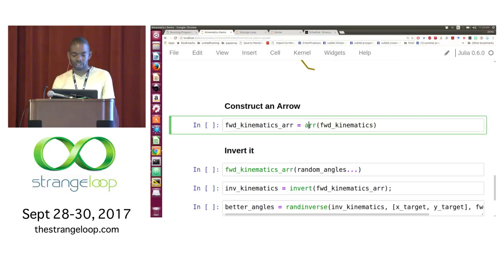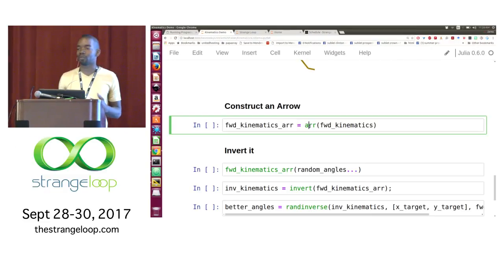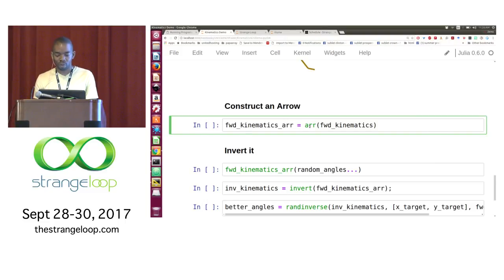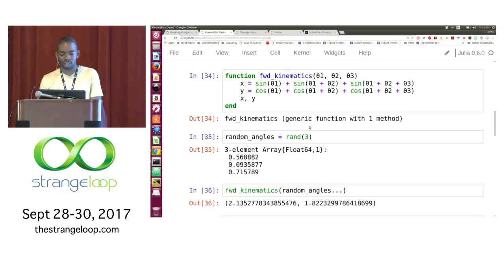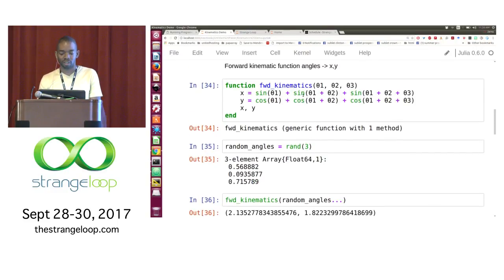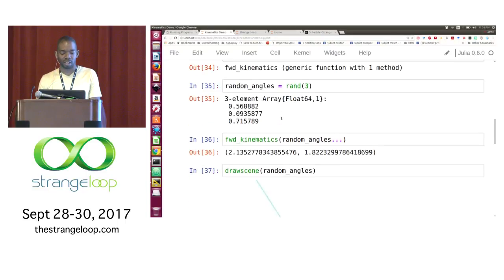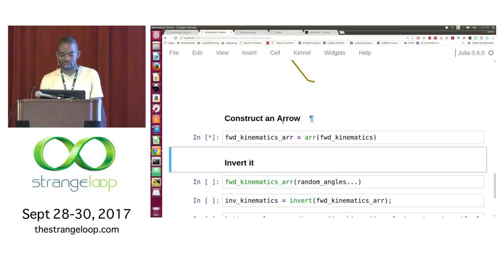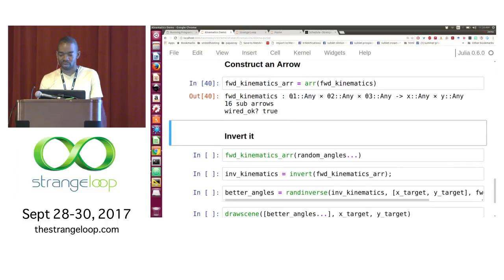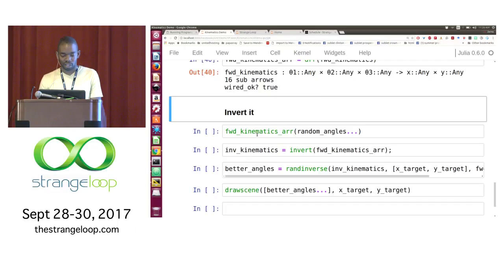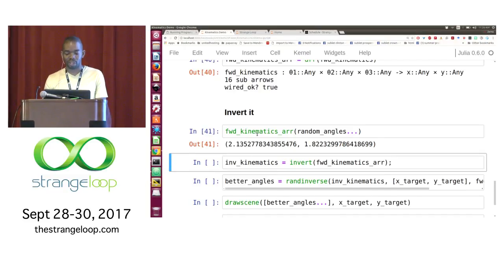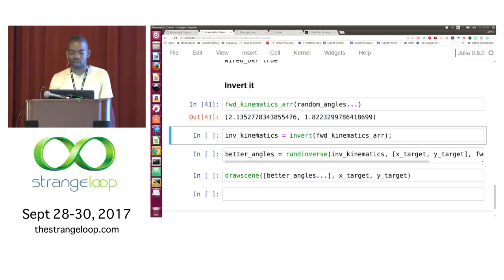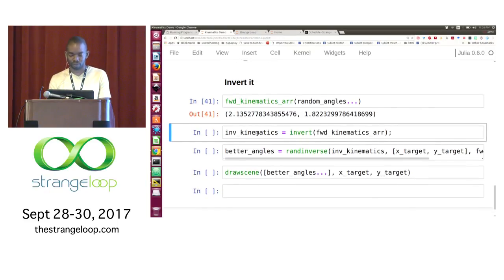And so now I'm going to construct this thing called an arrow. I'm not really going to get into what this means too much, but an arrow you can think of as a kind of function or a kind of representation of a program. I'm going to construct an arrow, and it's going to be equivalent to the function that I wrote up here. Again, this function just takes in 3 thetas, does some trigonometry, and outputs xy. So I'm going to construct this arrow down here. It's basically a program, and you can see it has a similar type. And just to show you that I'm not lying, I can apply my random angles to my arrow now, and I'll get, again, a random point in xy.